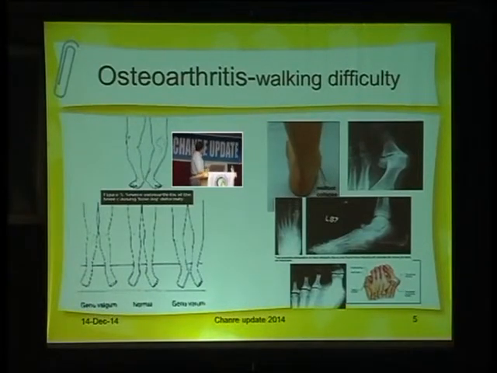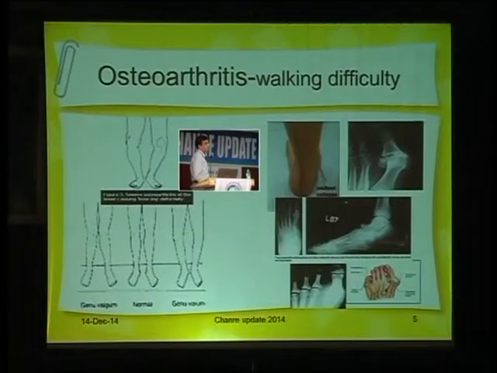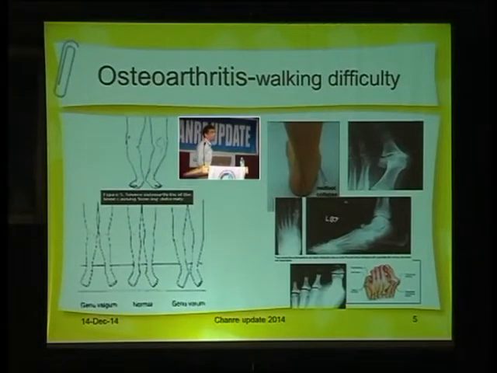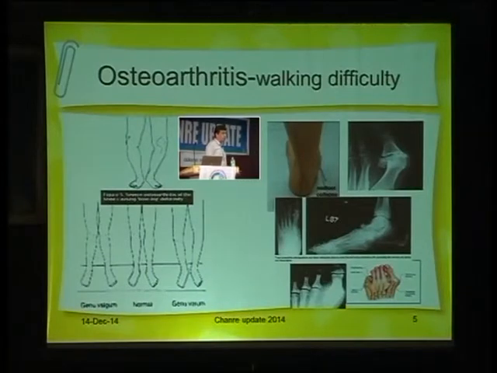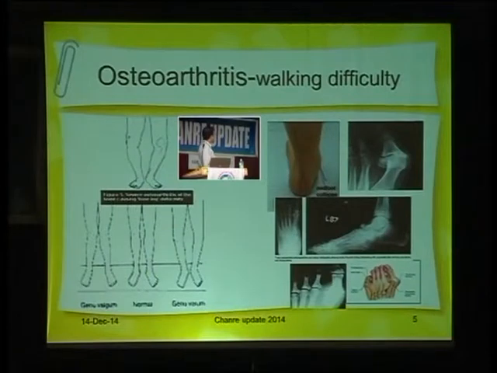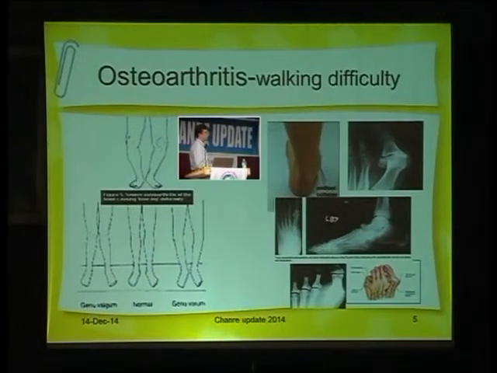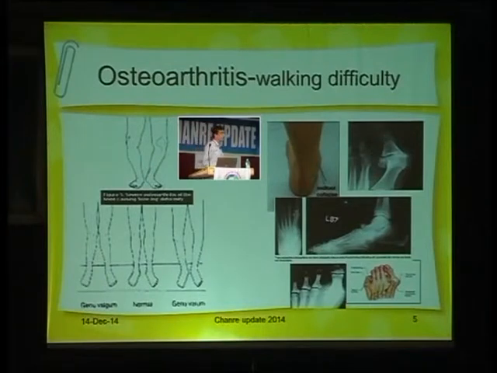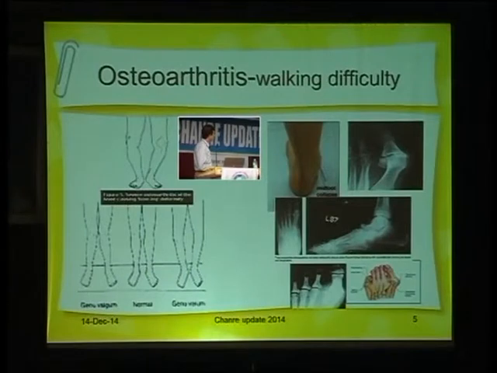And osteoarthritis, depending upon which compartment is affected, can cause either a genu valgus deformity or a genu varus deformity. So walking with this type of knee deformity definitely will increase the risk of fall, and also they would find it difficult to get up from a chair and walk, and it can definitely contribute to the falls. So people who have severe osteoarthritis, unless they use a support, have an increased tendency of falling down.